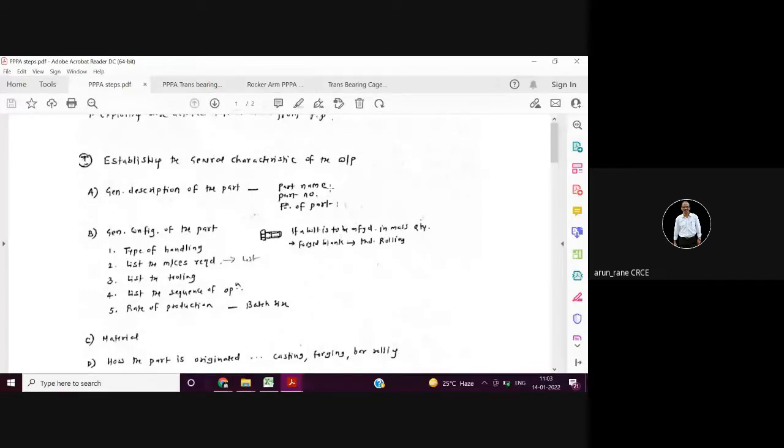Function of the part. For the function of the part, you have to infer from your three years of engineering knowledge, theory knowledge and practical knowledge. Based on that you have to understand the function of the part. Now, the majority of the times the function of the part is included in the name itself. Understand, it's included in the name itself, like trans bearing cage. Okay, trans means transverse,